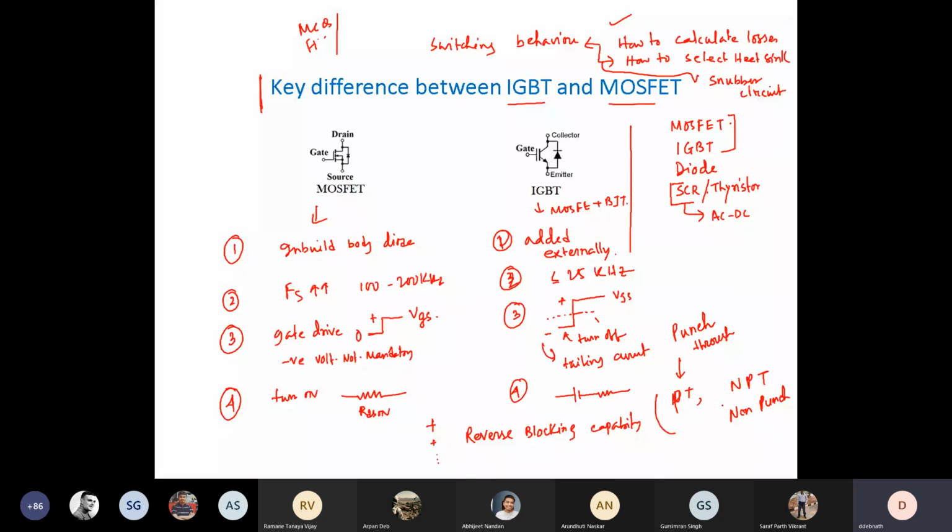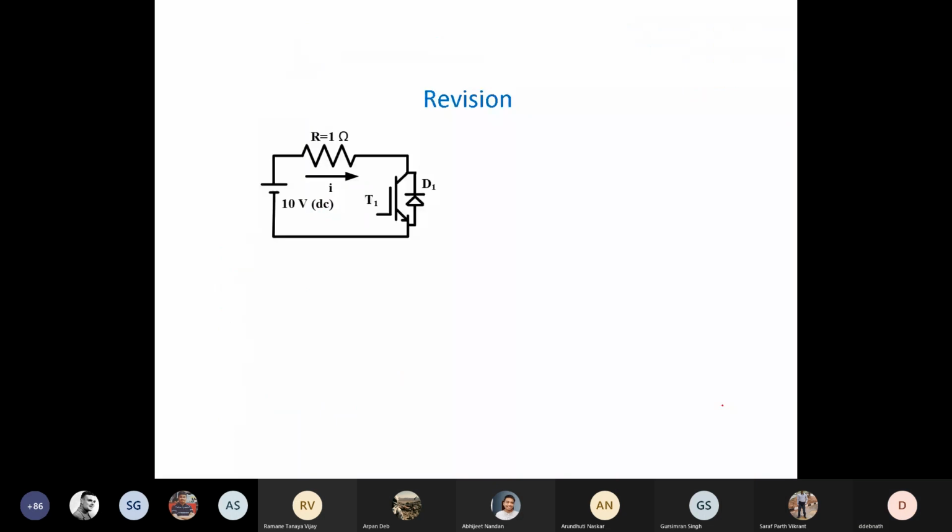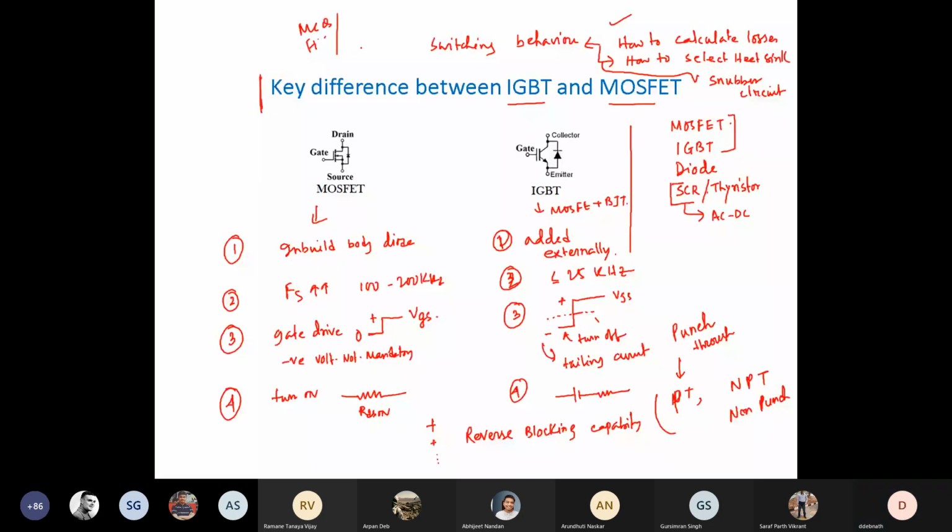So this is another very important point. I need your attention here. This is very easy. Again, it will help you understand one key difference which I have not included. Plus a stark, important difference is there between IGBT and MOSFET. We'll understand using the next slide. So all of you, please pay attention. You have to solve this.